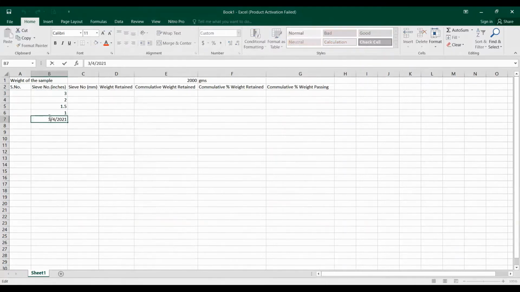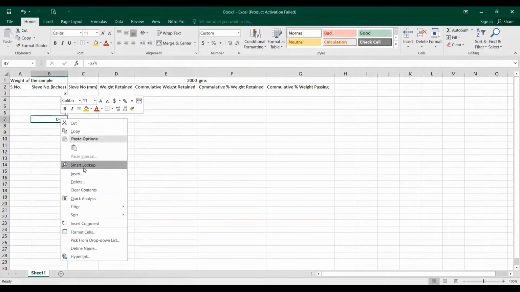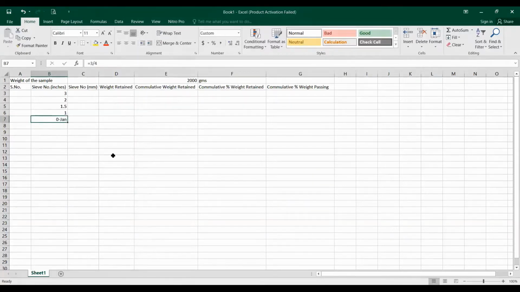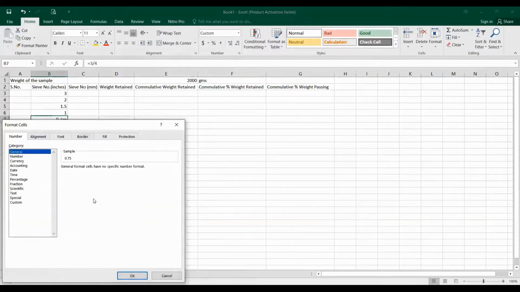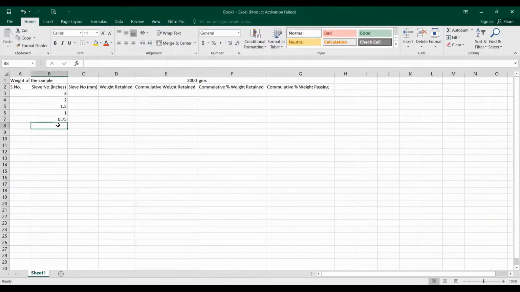It is being taken as a date, so you have to go to format cell, right click, format cell, and click on General. Then you will get your value in decimal form.